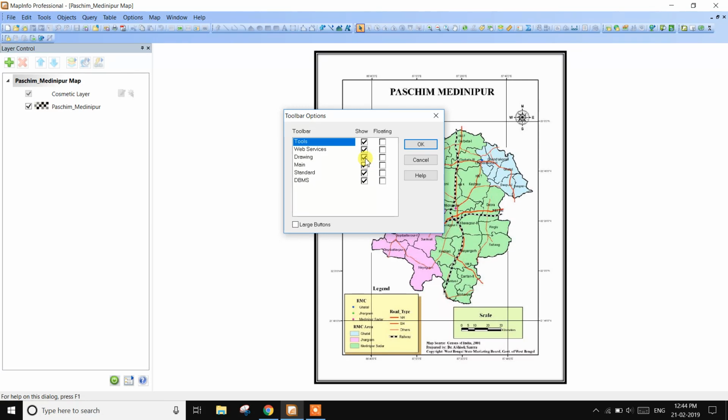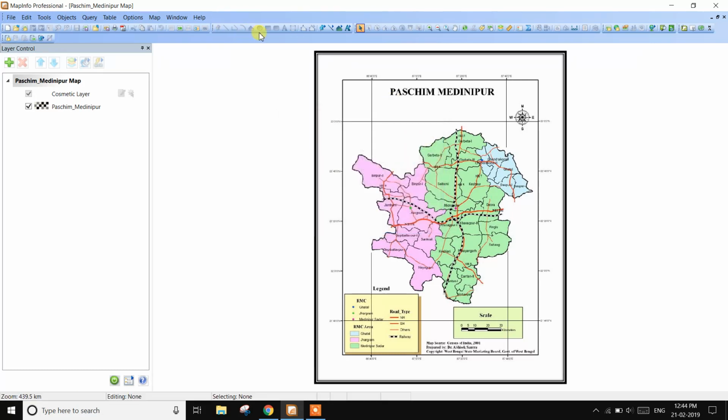At first, activate polygon, arc, ellipse, line, point, add node and reshape. These tools are now active.